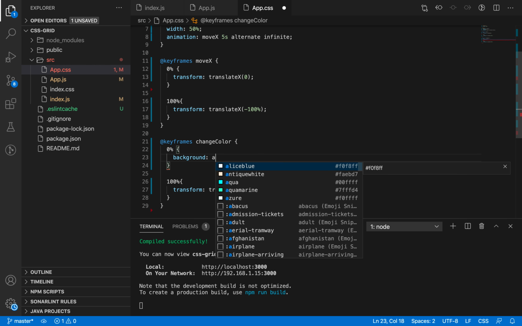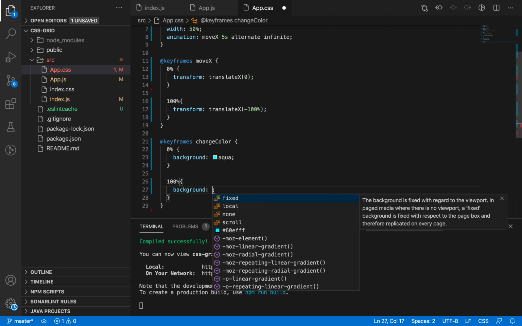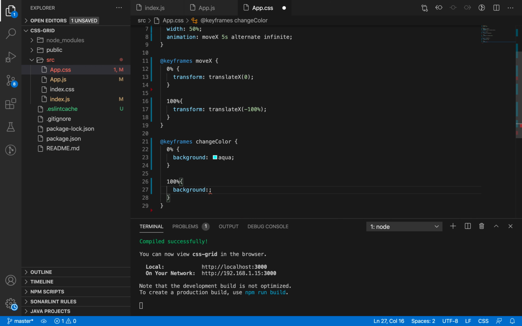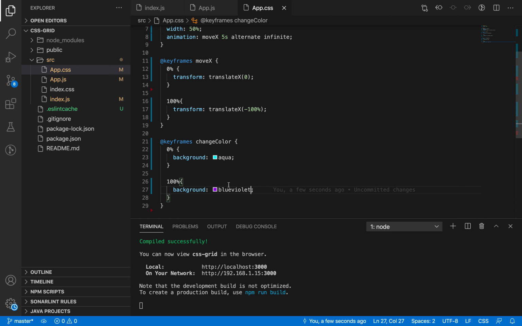I'm going to pick some random color, aqua, and for the final state I am going to pick another random color. Okay, these two seem like good colors.